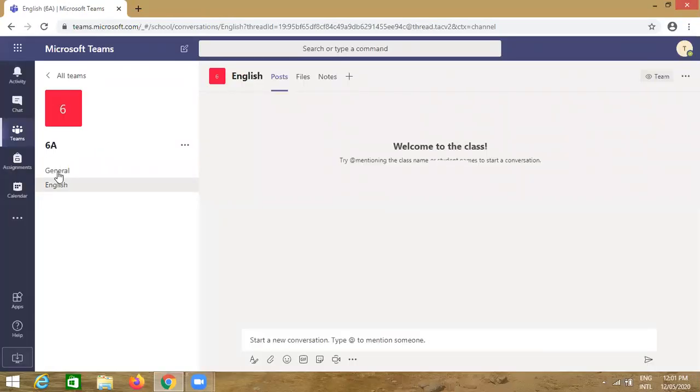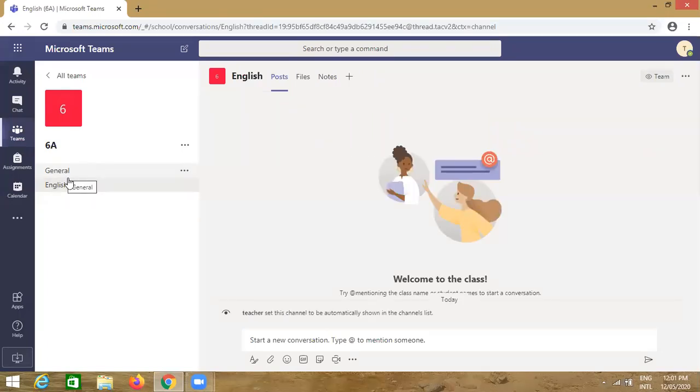So you find here in the left hand side, there are now 2 channels. One general, second is English.